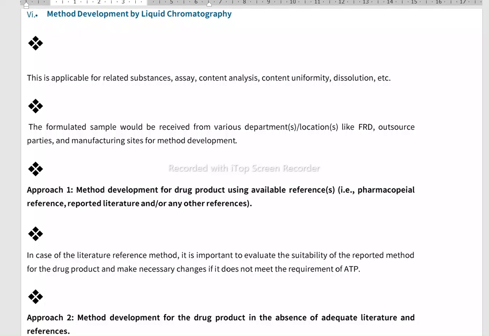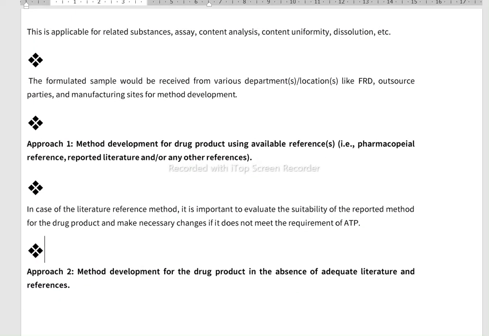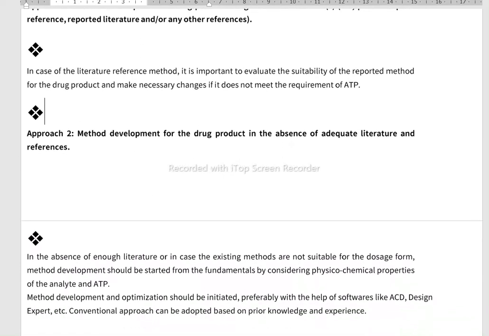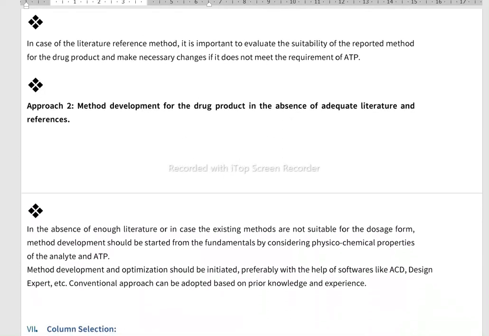The second approach that comes to mind during method development is method development for the drug product or the drug substance in the absence of adequate literature and references. In the absence of enough literature, or in case the existing methods are not suitable for the dosage form,